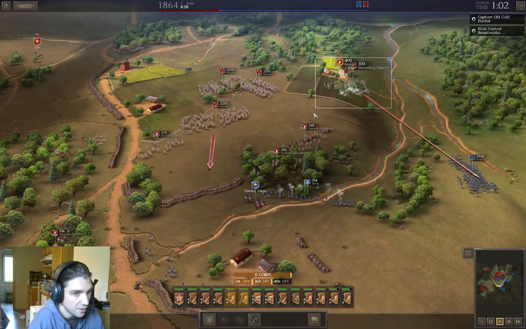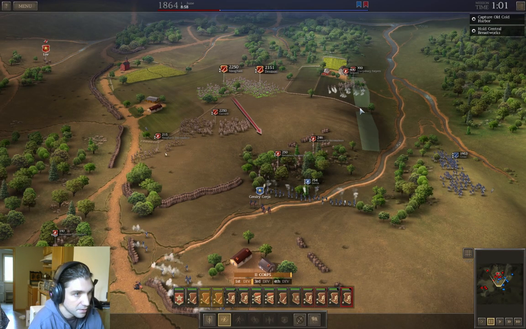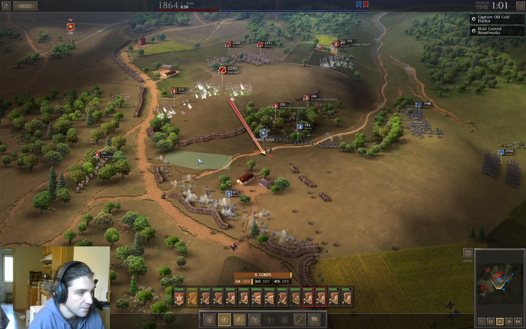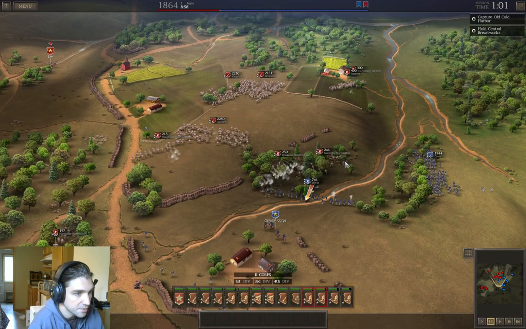Could potentially get Cross caught in these in the marsh and drive him off. That'd be good. I really want to get Merritt out of there. Merritt is in such an awful position for us right now. He's just...